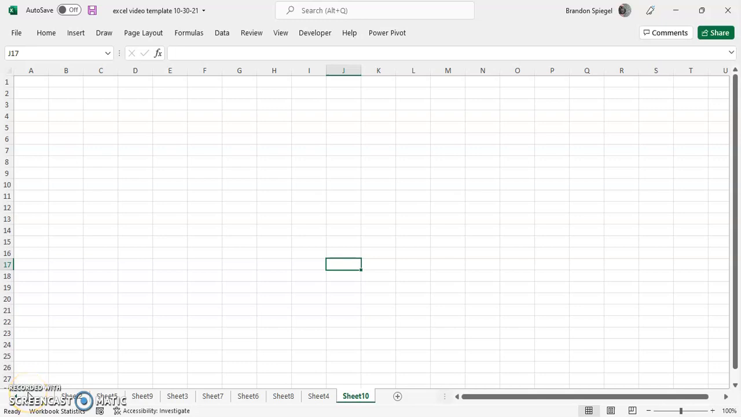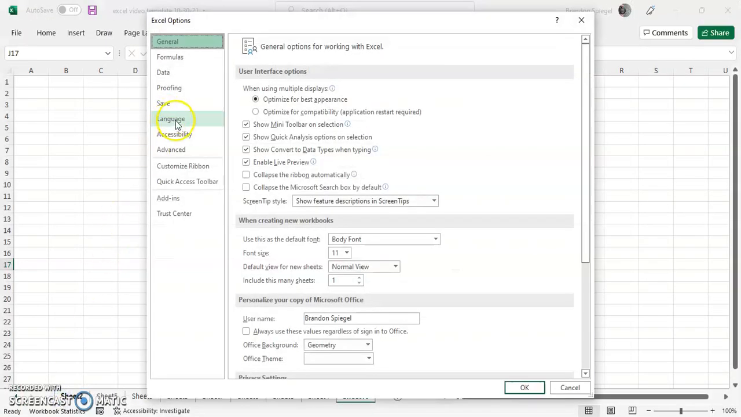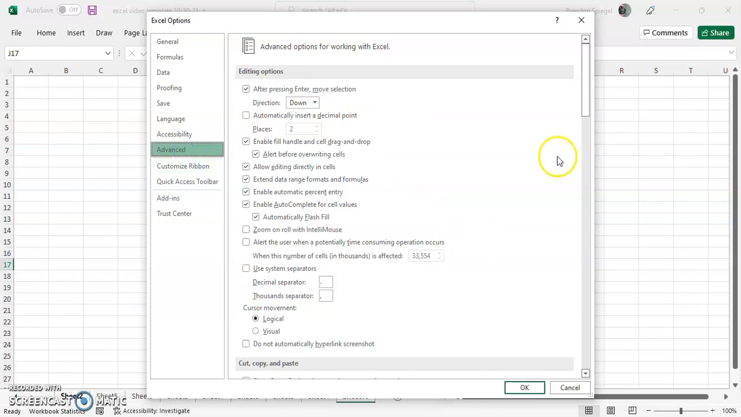I just wanted to make a quick video to show you how to change the default resolution in Excel. So, to do this, you go to File, all the way down to the bottom, Options, Advanced, which is towards the middle, and then once you're in Advanced, you scroll down,